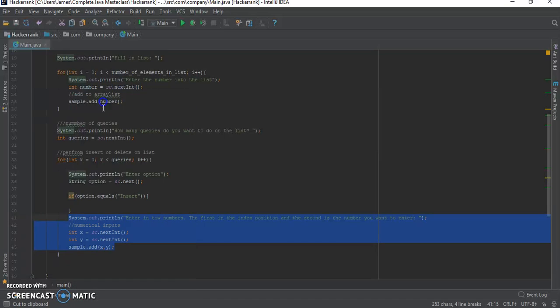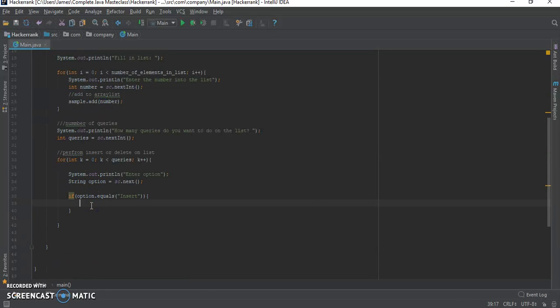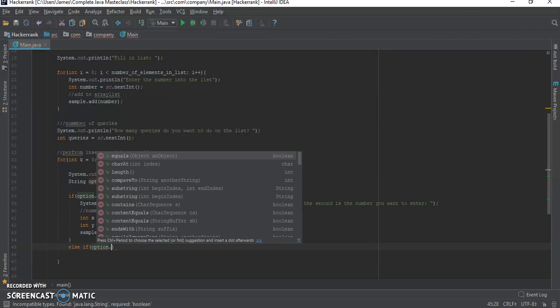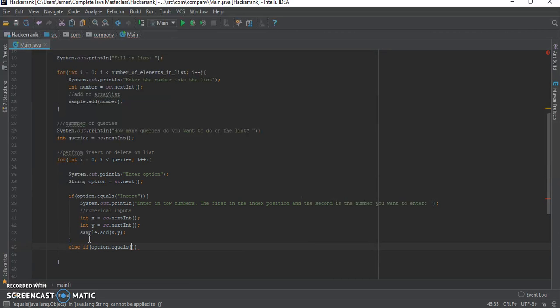Come on, slow computer. Else, well, else if technically, the option that we read in equals delete, if that's the case,